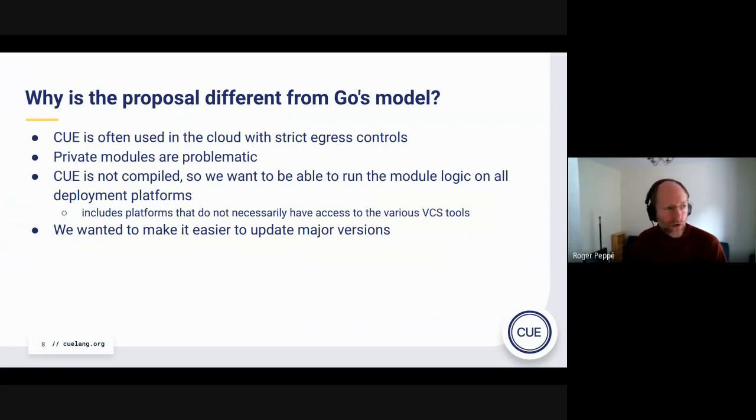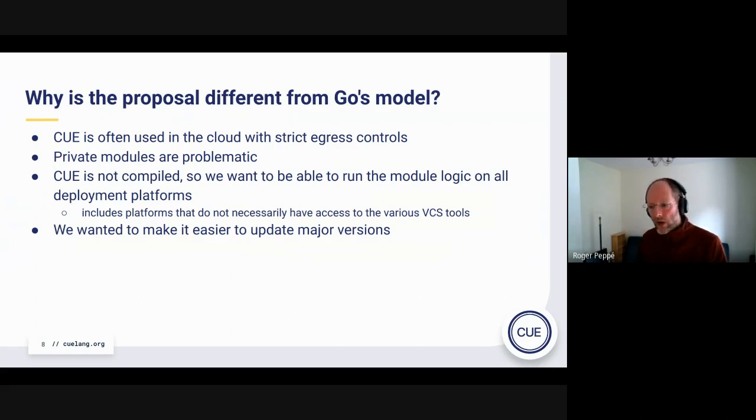So how is what we're proposing different from Go? I think that in general, Q is often used in situations like cloud deployments, in all sorts of places where you care very much about where on the internet something is going to be dialing out to. So you often have strict egress controls.